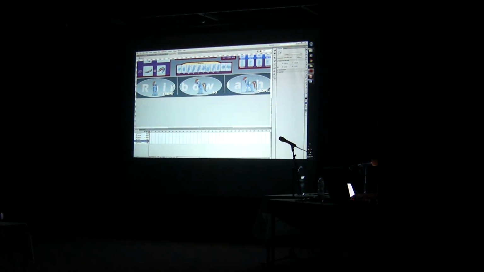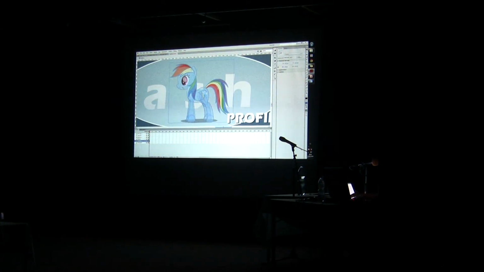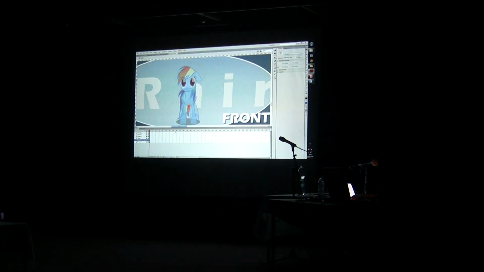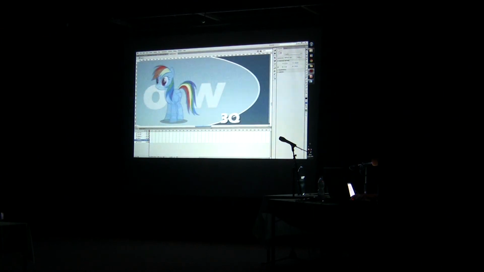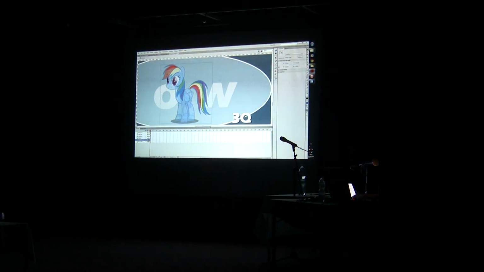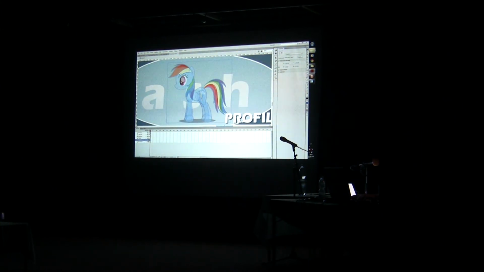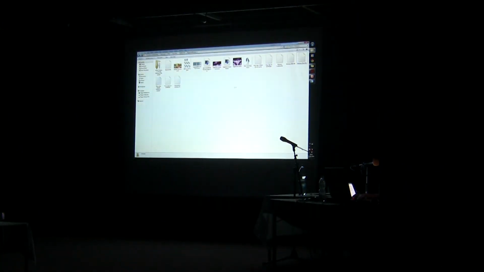Yes, this is the double rainbow puppet. The main disadvantage is that there is only the front view, the 3/4 view, and the profile view. And for example, the other